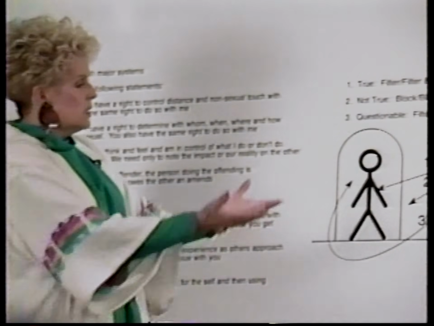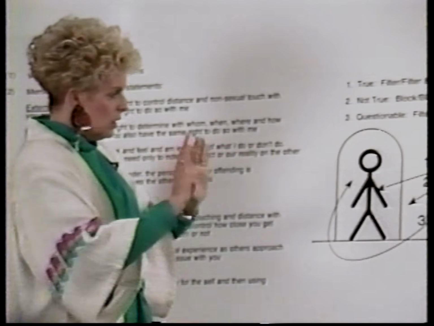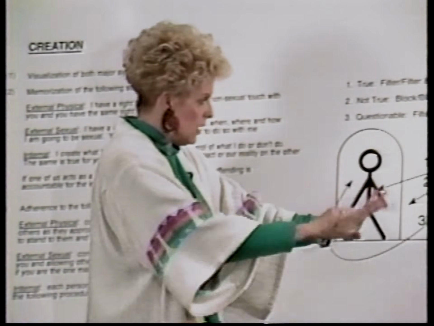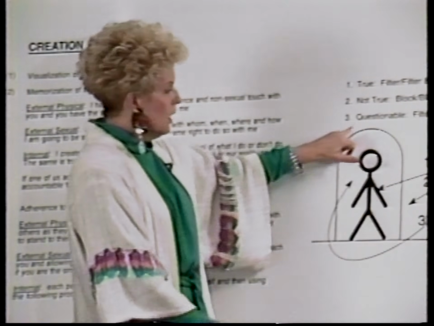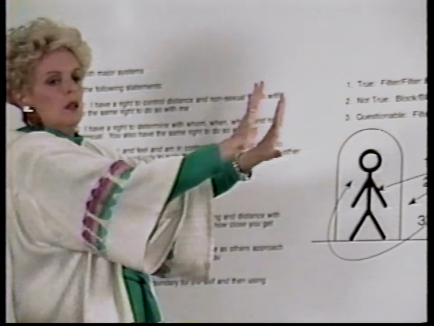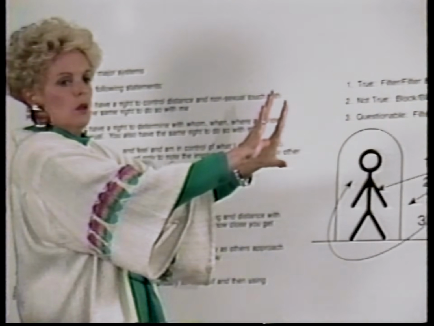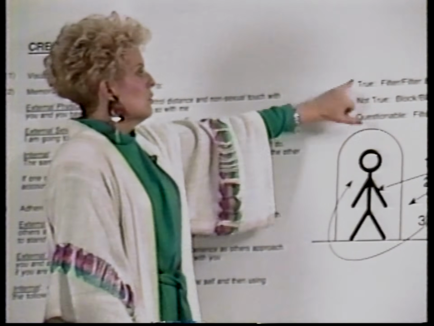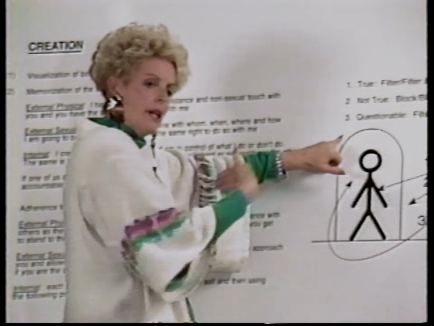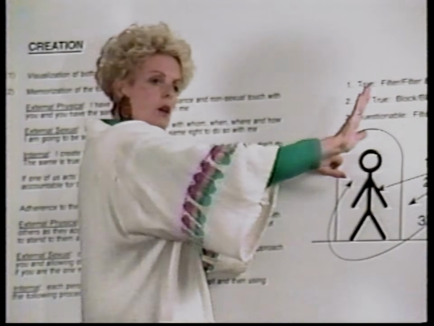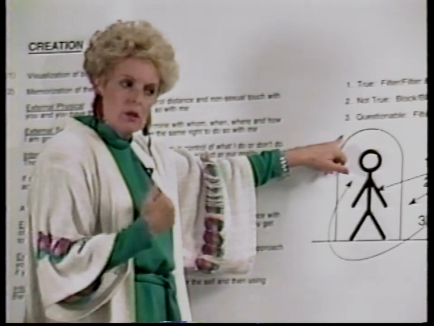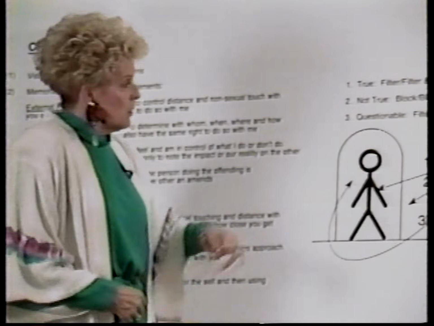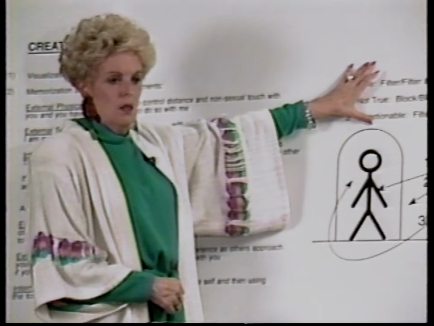What he says, when he says, this is about Corky, not about me, she is just sharing herself with me and I need to be here to listen. He's putting the energy out here. He's putting that boundary right here. And essentially with that, he's stopping the data coming at him with that first statement. And then he goes into this, true, not true, or questionable, so he can decide whether to let that in or keep it out. Can you see how that makes it measured vulnerability? And he's the one that determines what he lets get to him based on whether it's the truth for him or not. Can you see that?